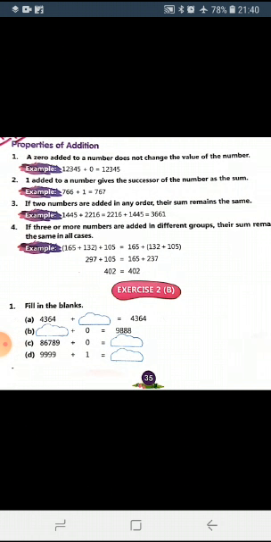Now come to the next part. Again the application of the same property number 1. 86,789, when you add 0 to it, yes, what should be the answer? The same number. The sum does not change. 86,789 will be the answer in the dash. Okay, so you can see that A, B, C parts are the applications of your property number 1.